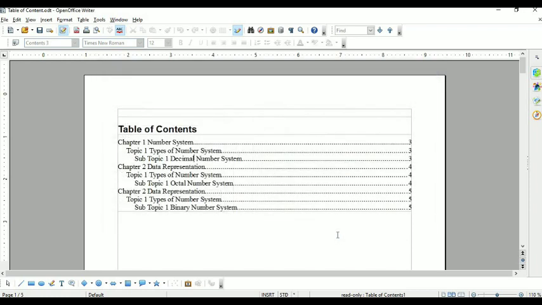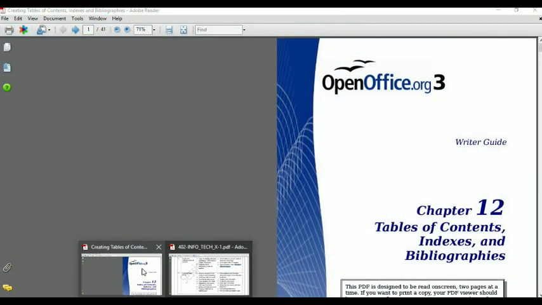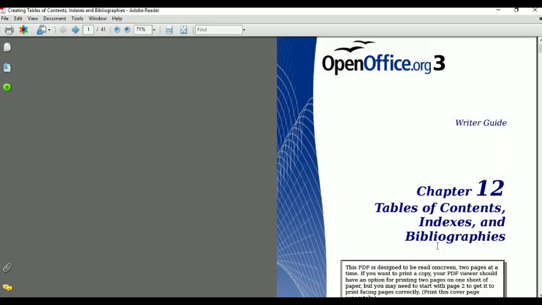So we have one PDF. First we have to read this PDF. I got this PDF from Apache's website, openoffice.org. We got it from there because CBSE till now has not given any PDF file regarding your book or related to the syllabus. So I have downloaded this from the website.